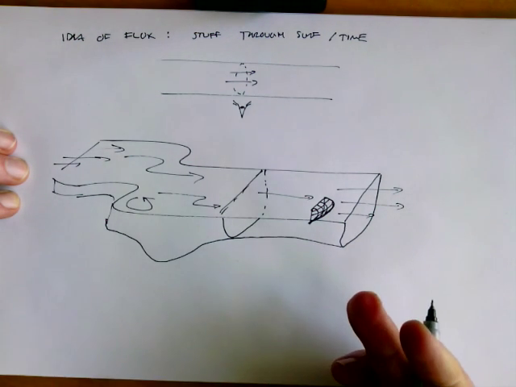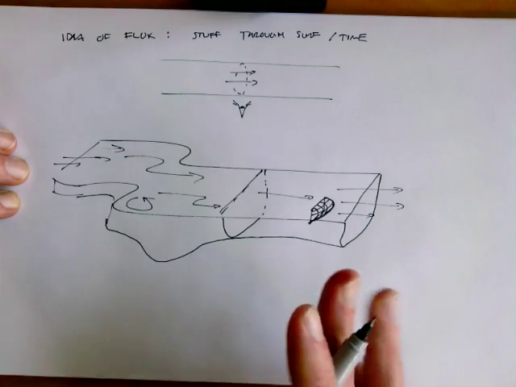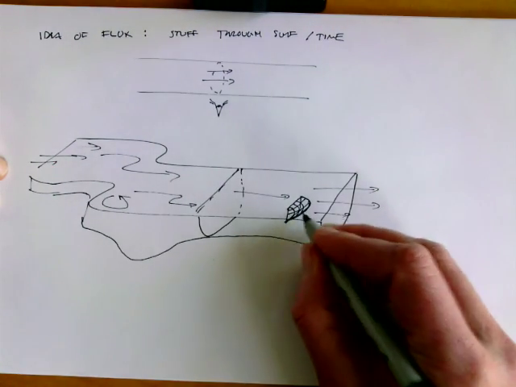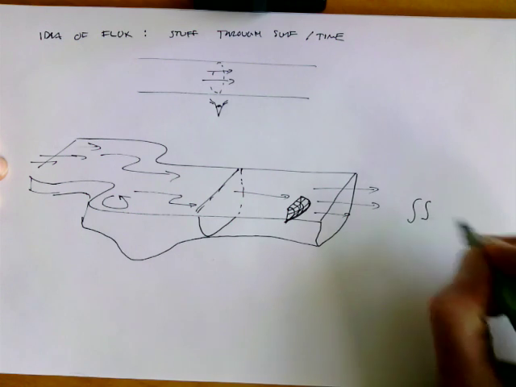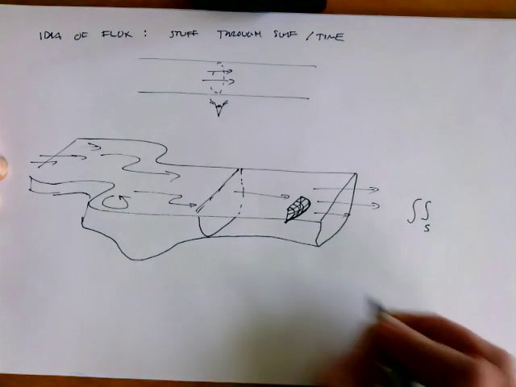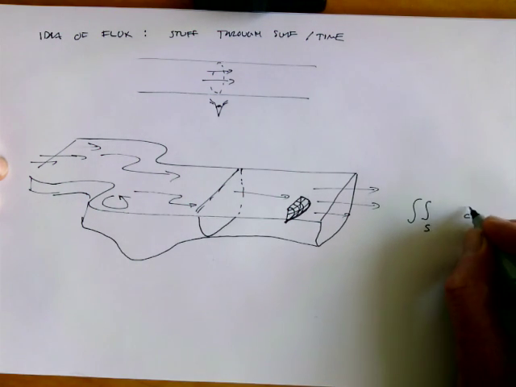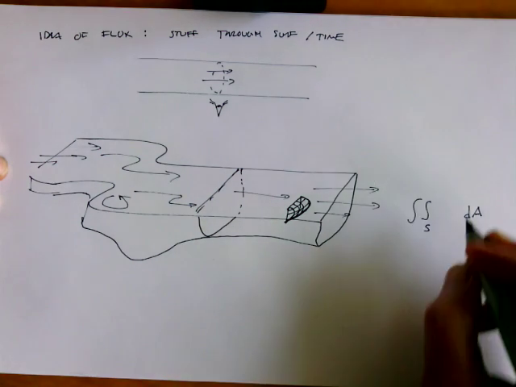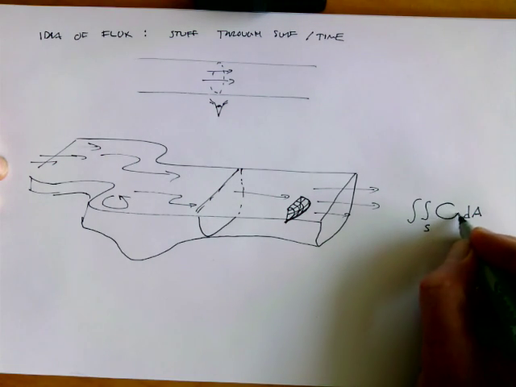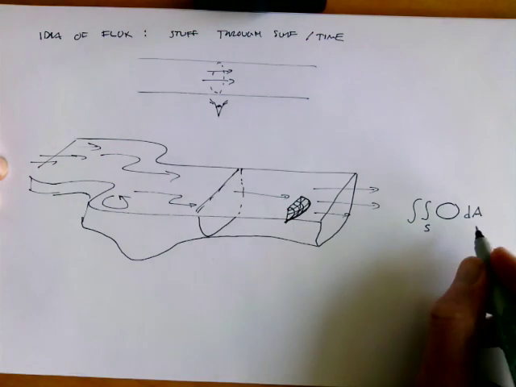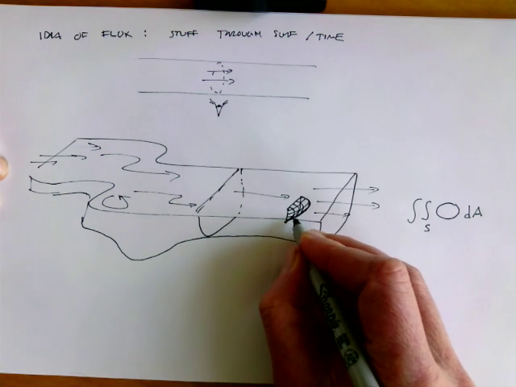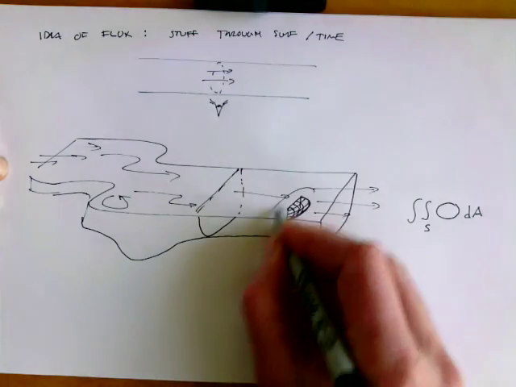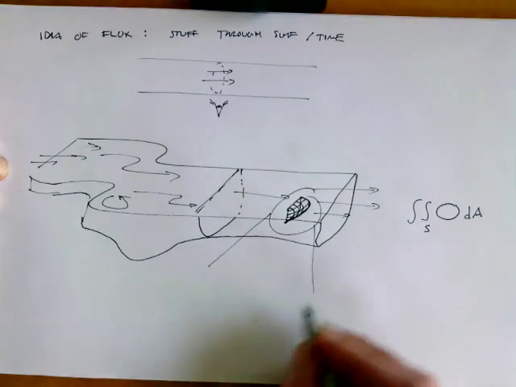Now, you can think first about formulating this using the notation that we've already developed, right? You're going to be integrating over that surface, so it'll be a double integral over that surface. And there'll be some sort of differential area that we're dealing with. But then we need to ask the question, well, what is this thing that we're adding up? What we're really adding up is how much stuff per unit area is flowing through each of these little chunks, right? So if I take this and I blow it up,